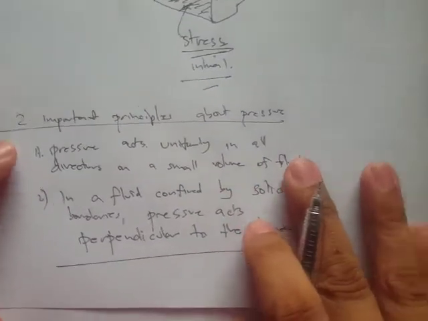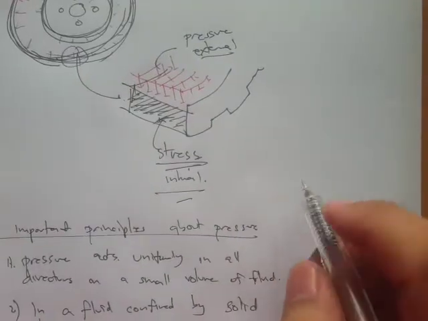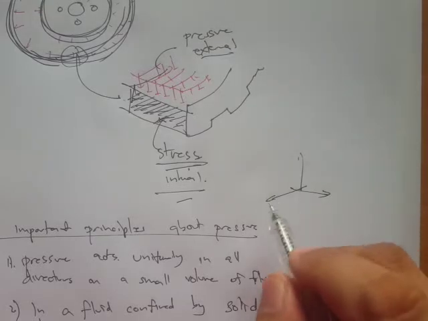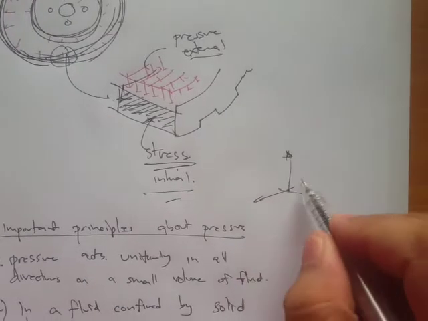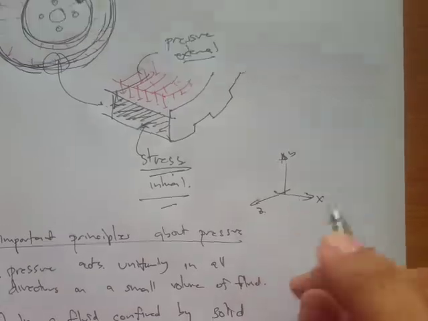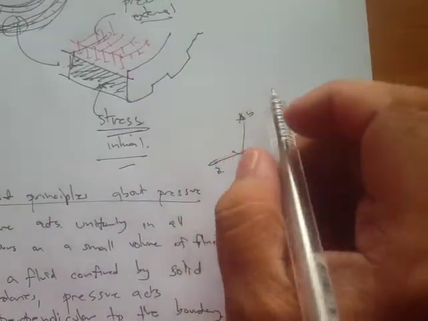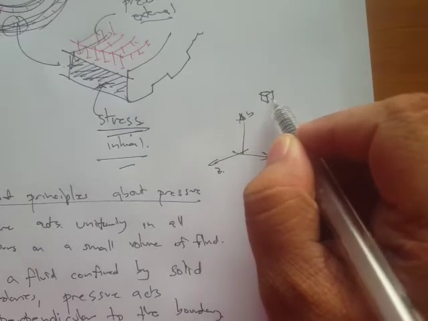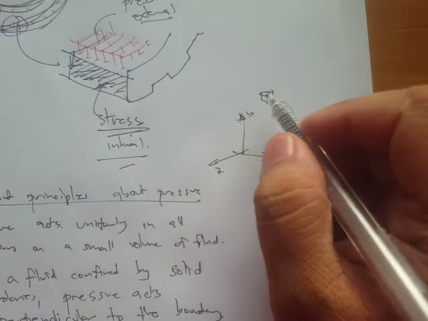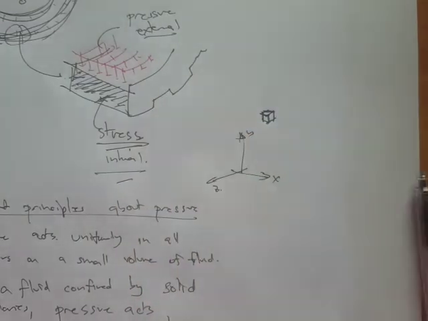Now what it says here in number one, it says that pressure acts uniformly in all directions on a small volume of fluid. Okay, so imagine that we have this region or space, this is space x, y, z. Now, if this is a region of space filled with a fluid, then if we take a small volume, or a differential volume, or what they call pressure at a point, then this small volume experiences pressure